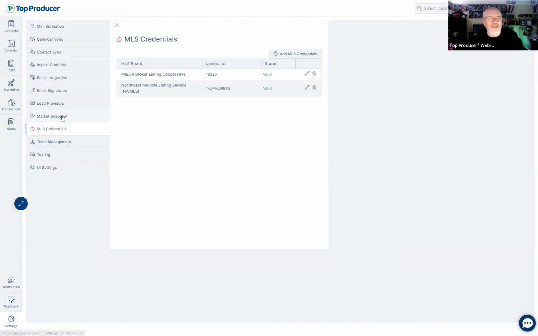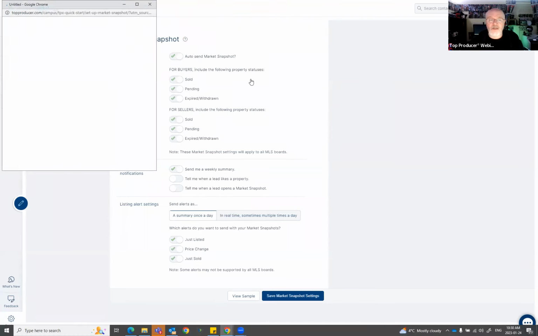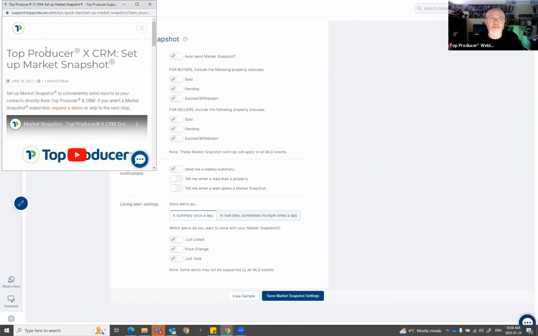So that'll help you out a great deal. And then when you do have the market snapshot, you're going to want to make sure you make all your settings in here. So if you do an auto send market snapshot, that's helpful for items such as our lead response plans. You can have it go through all of these settings here as to how you want them. Plus, we also have daily listings and listing alerts. Now, these we go over in a different webinar as well. But also, if you ever see this icon here, just click on it and it'll take you to our Top Producer campus. That way you can learn everything you need to know about it right there.